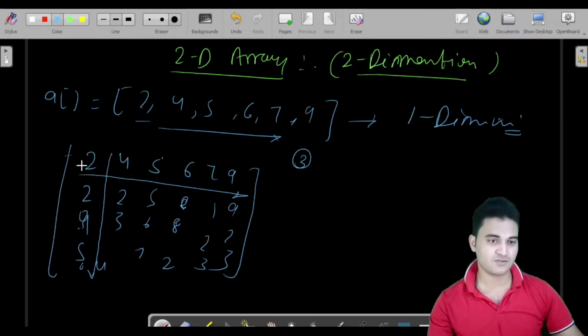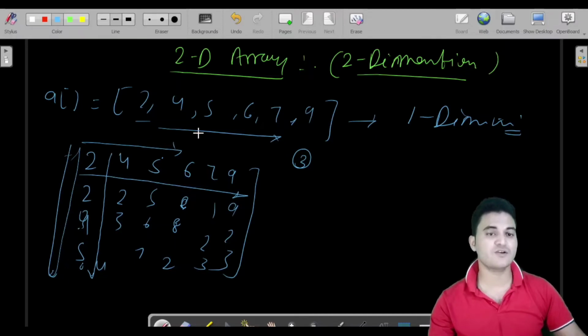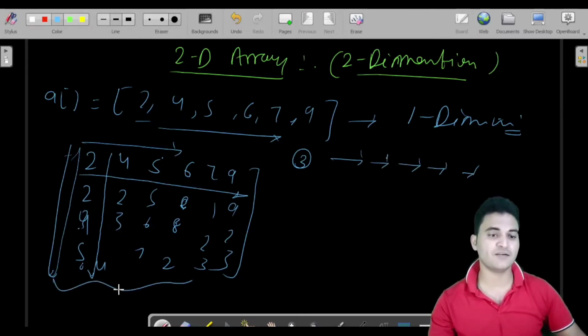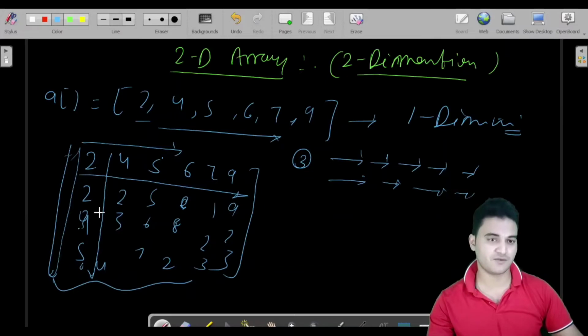Fine. So a 2D array can be represented in this form. You might get confused whether the elements are stored in this form, on the x axis and y axis. The answer to this question is no. The elements, or the memory consumed by these elements, are in linear format only, one after another. But just to help you understand better, or to represent it, we declare or show our 2D array in this format, or else our elements are going to be stored in this format only, one after another, in the linear form.